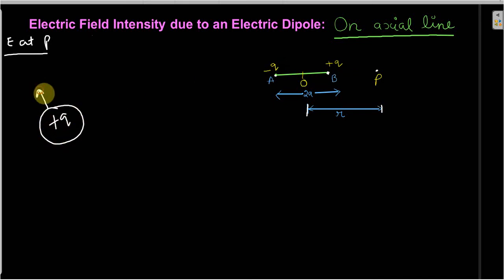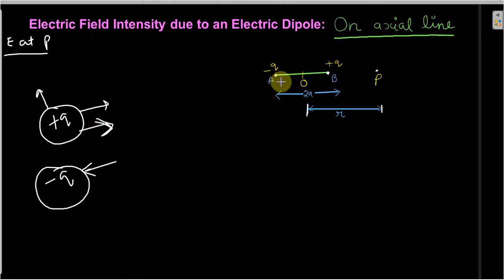It is always outward, away from the charge. So now we will find the direction of electric field due to this positive Q charge. Let's see how to find the direction, and similarly we will find it for the negative charge. For a negative charge, the arrow is towards the negative Q charge, and for a positive charge it is away from the positive Q charge. So let's start with the first charge.